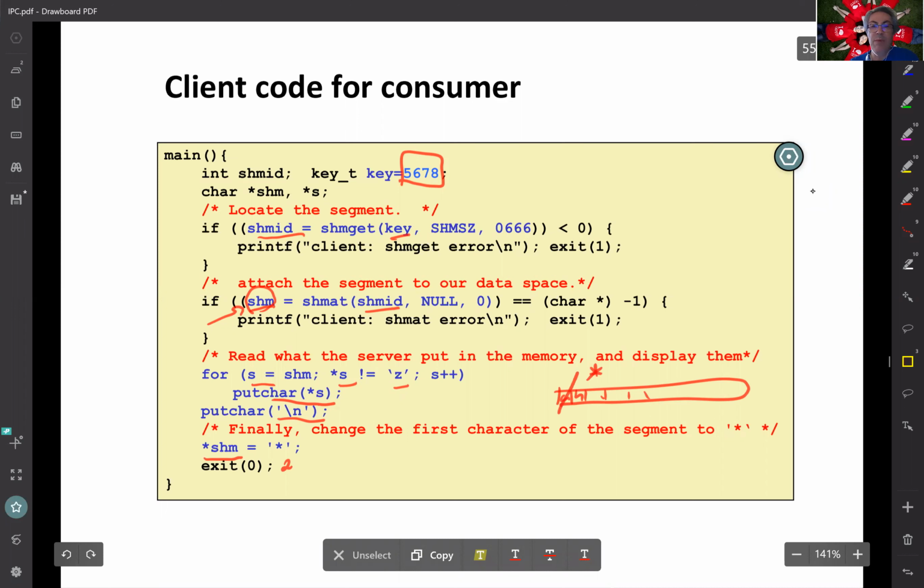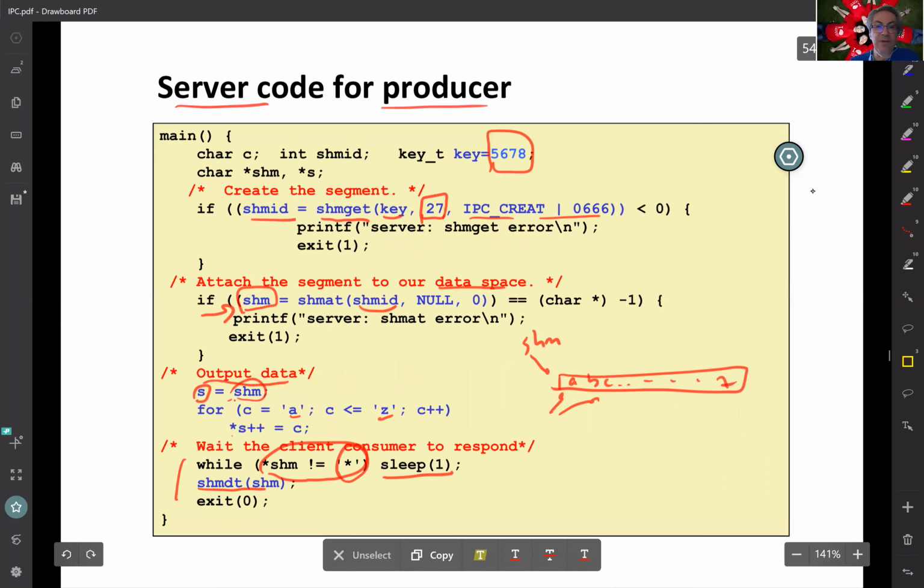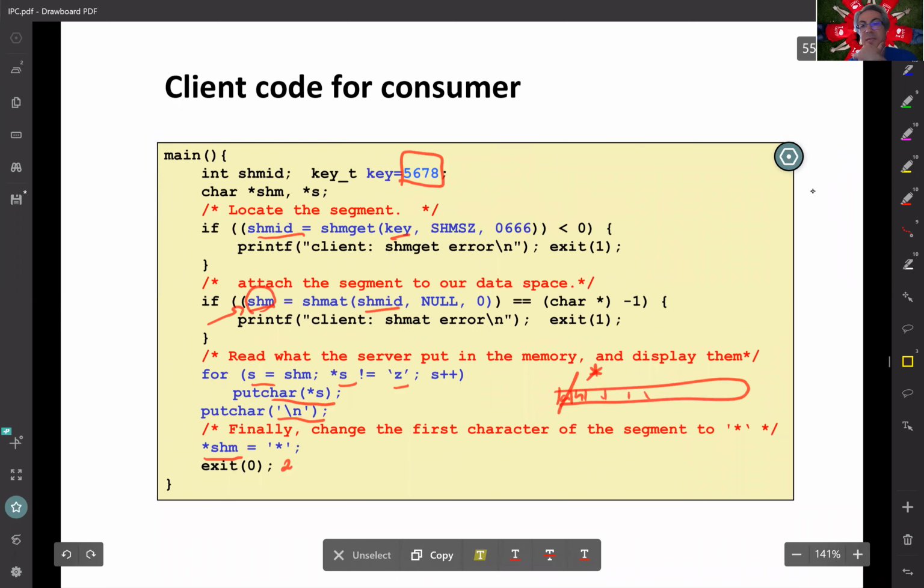Now let's come back and look at this. The server was running this while loop, checking this star, and when the client puts a star here, the server exits, it detaches, and ends. So this is pretty simple,